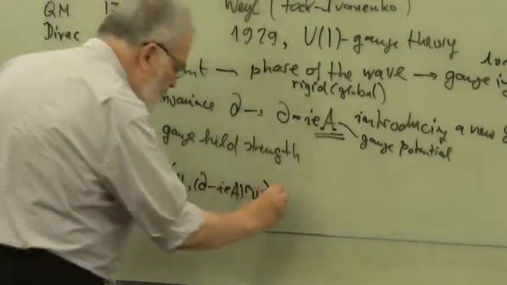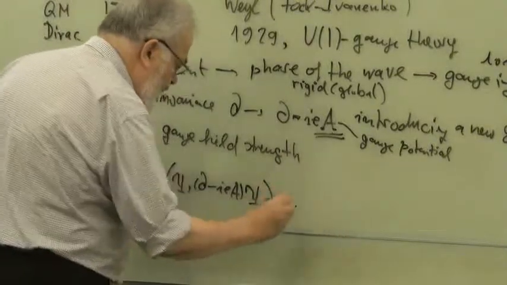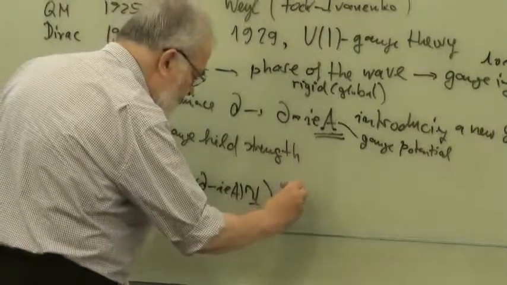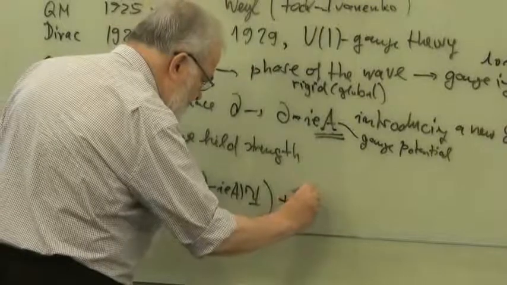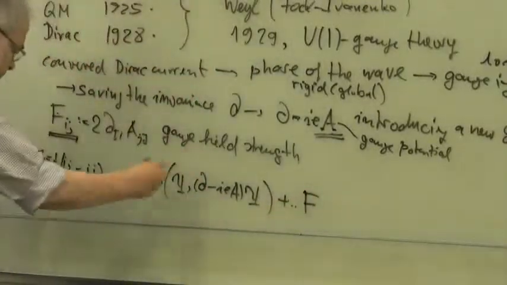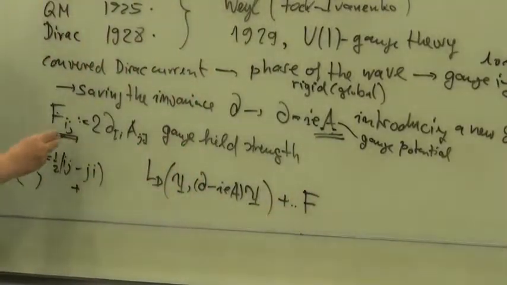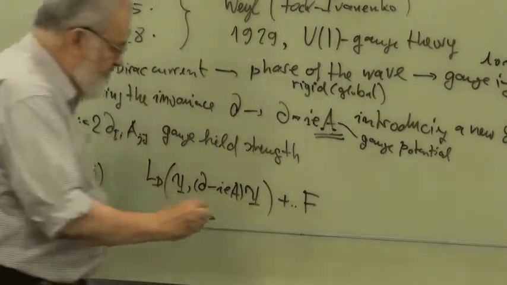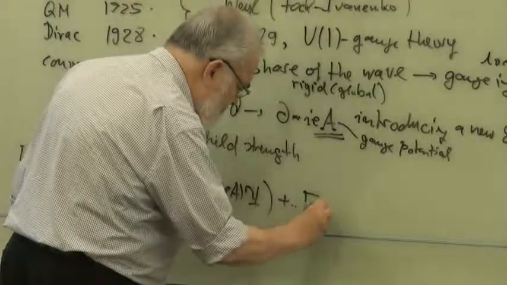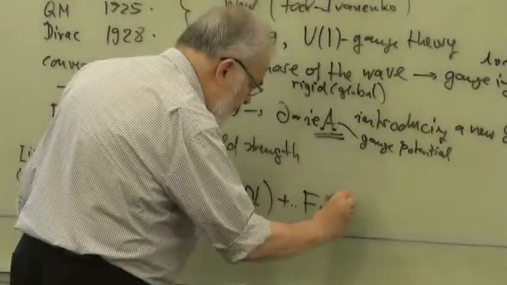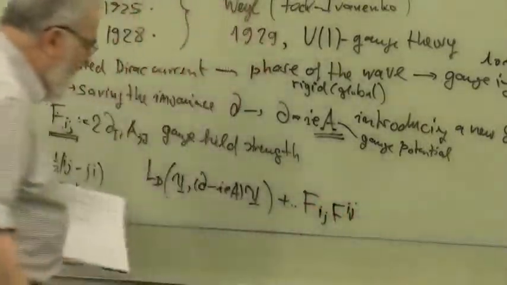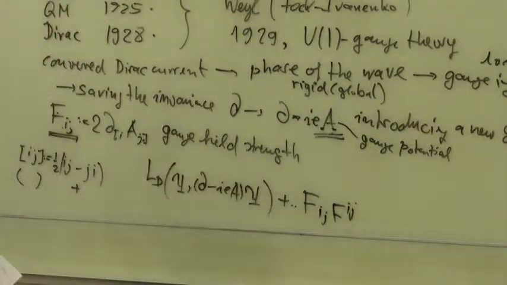And then you have to add, apart from a factor, a term which is a scalar, or if you multiply it by square root of minus g, a scalar density, and depends on the square of this F. So you can take, for instance, F_ij times F^ij. And this is the prototype of the gauge theory. This is the U(1) gauge theory of